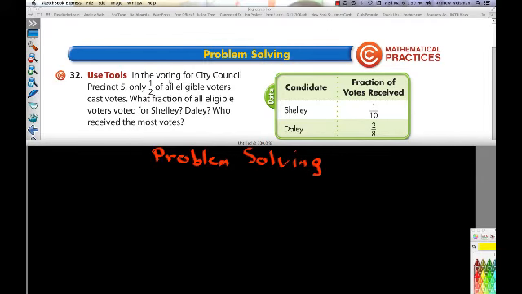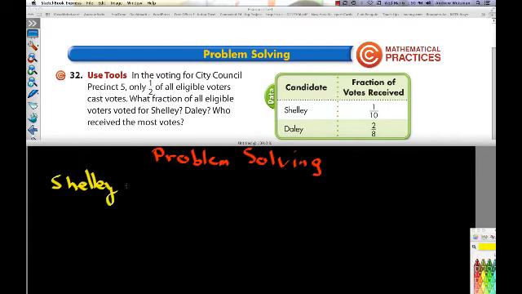In the voting for City Council Precinct 5, only half of all eligible voters cast votes. What fraction of all eligible voters voted for Shelley? Daly. And who received the most votes? So in this case, we actually have three different questions. So we need to figure out for Shelley